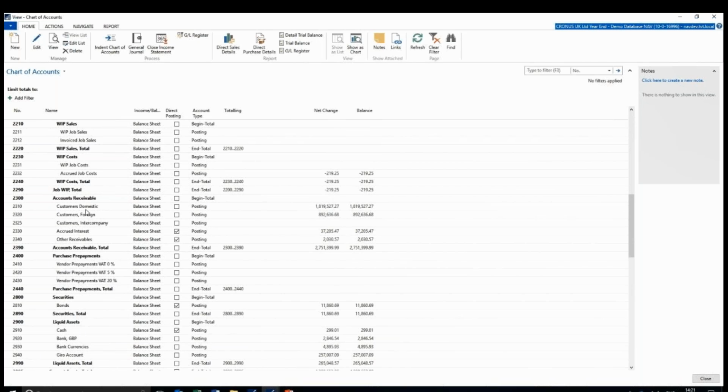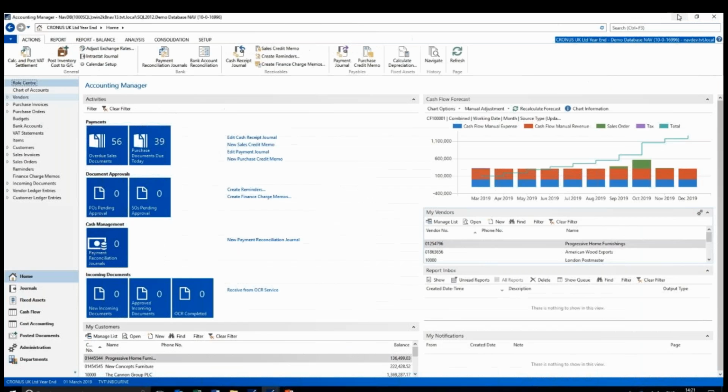Then run the various ledger reports, aged accounts receivable, aged accounts payable, and inventory valuation to check that these totals match the totals in the control accounts. You should also check your bank ledger entries and VAT ledger entries to make sure that these also balance to the GL. So, for example, to run your aged accounts receivable reports,